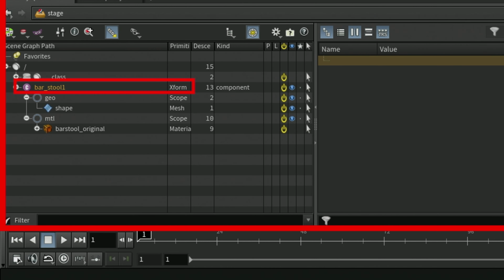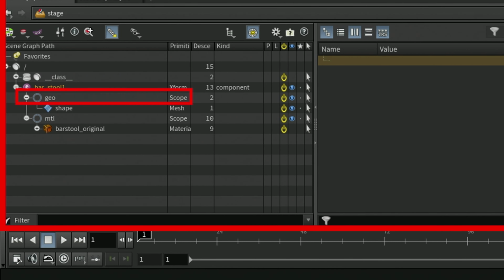This particular primitive is a transform primitive. It contains a transformation matrix which allows you to move your, in this case, bar stool around.